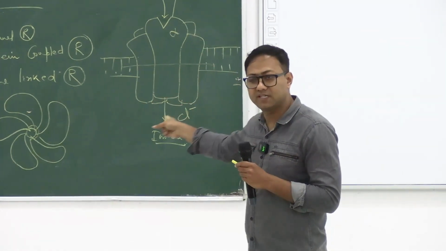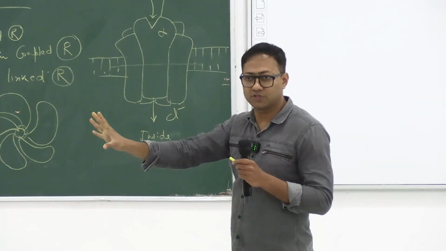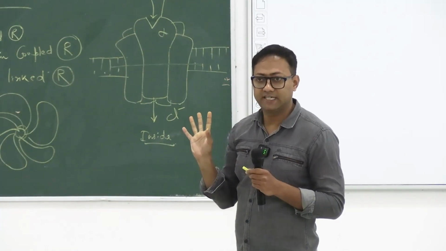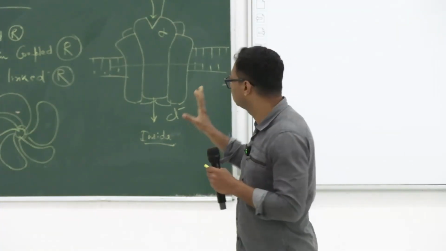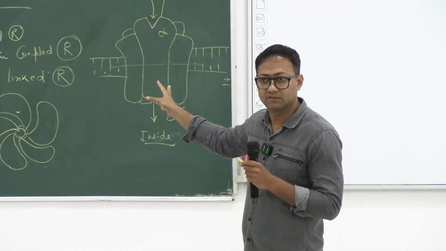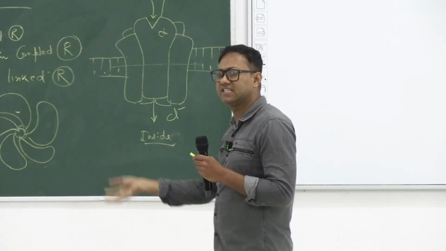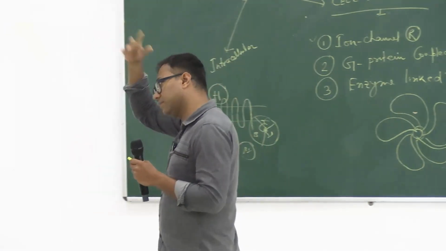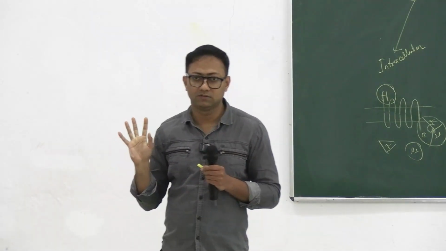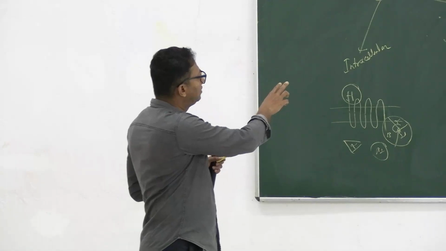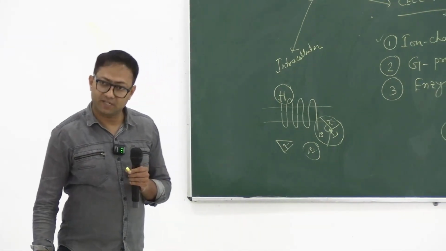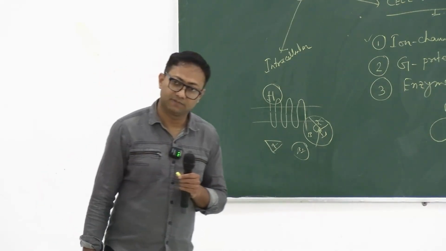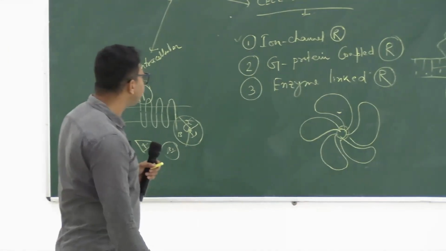Now G protein coupled receptor, name all the hormones from the pituitary except growth hormone, right? All are examples of G protein coupled receptor, okay. ACTH, FSH, LH, TSH, okay, everything whatever is coming from the pituitary except growth hormone are examples of G protein coupled receptor, and also epinephrine and norepinephrine that are coming from the adrenal medulla. Clear?